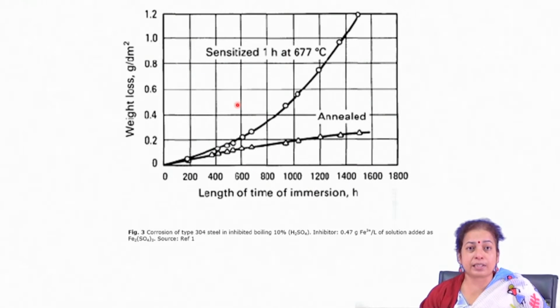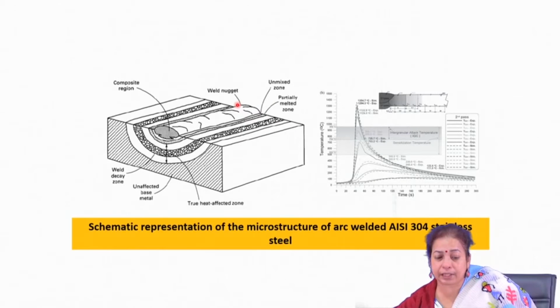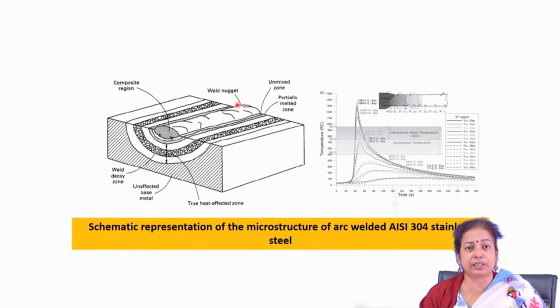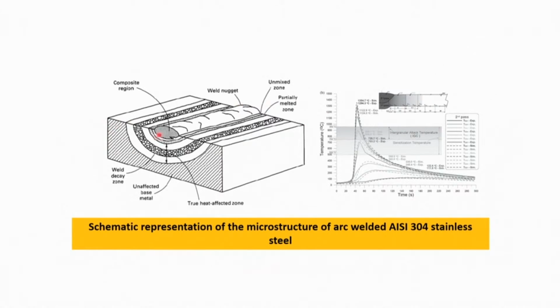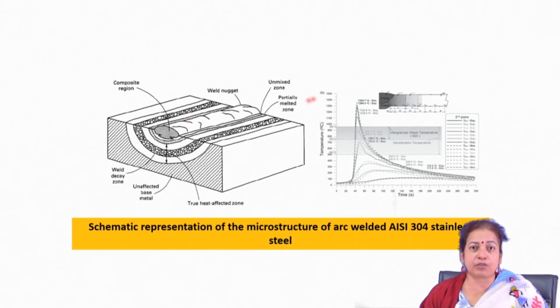When AISI 304 stainless steel is subjected to arc welding, there is a typical chromium carbide precipitation in the heat affected zone, because of the thermal history of this particular stainless steel which has undergone arc welding. For example, along the welded region the cooling rate is very fast, so it does not pass through the chromium carbide precipitation region. So, it has a very good microstructure and does not undergo any intergranular corrosion after the welding,